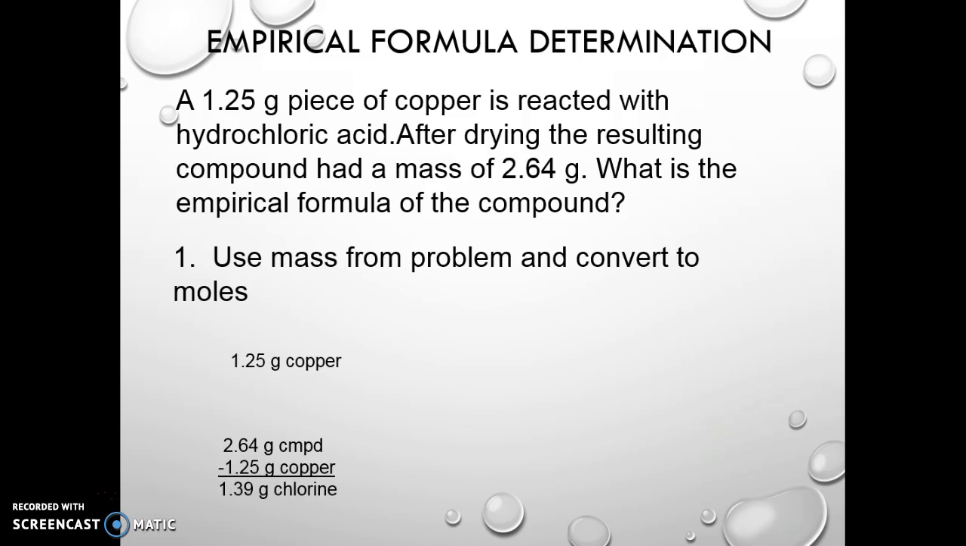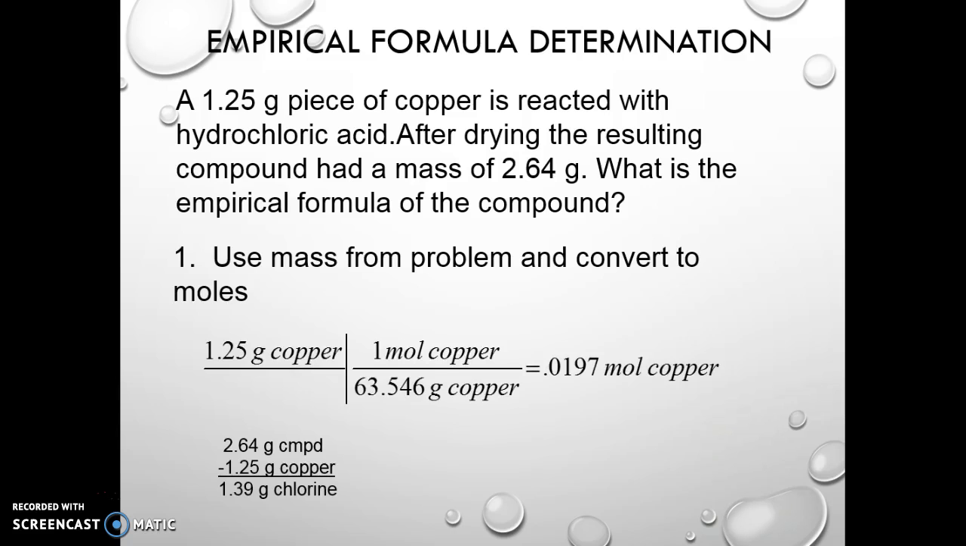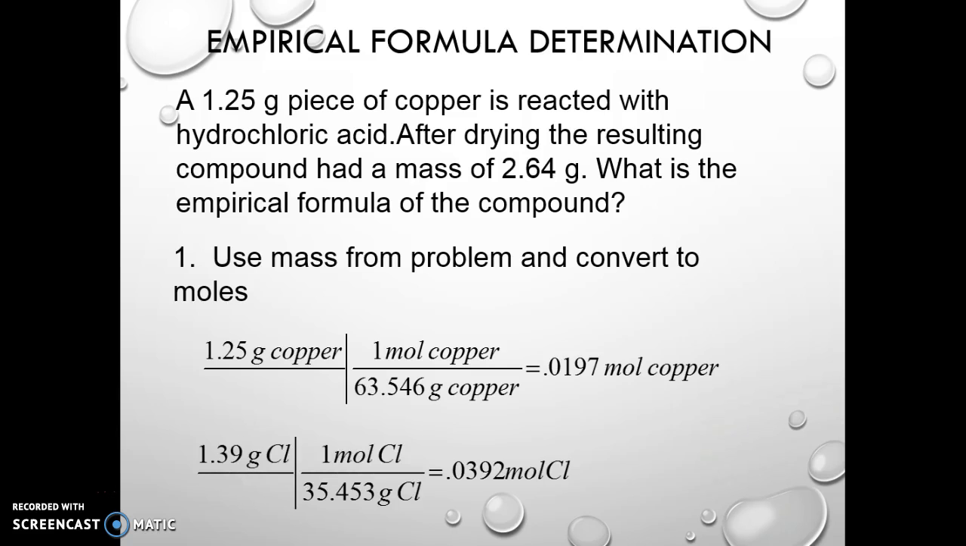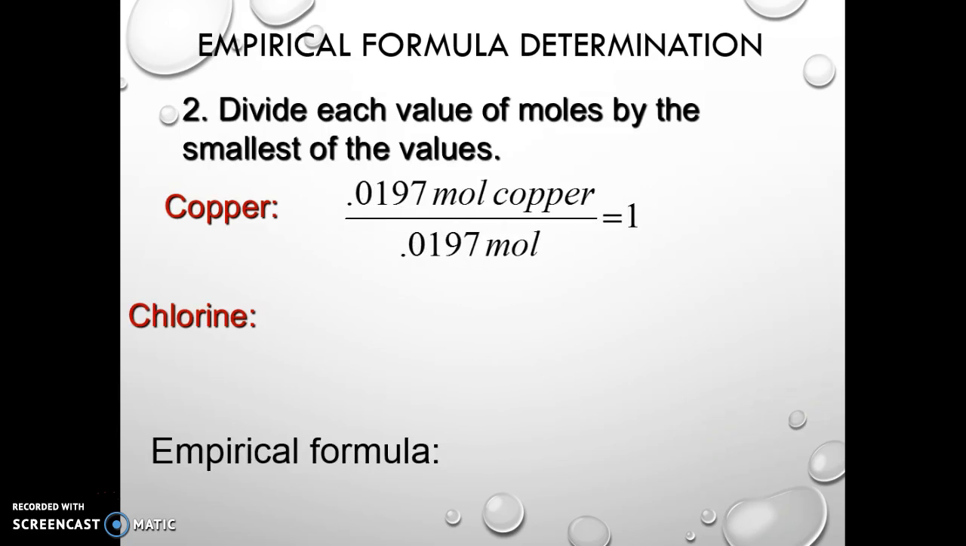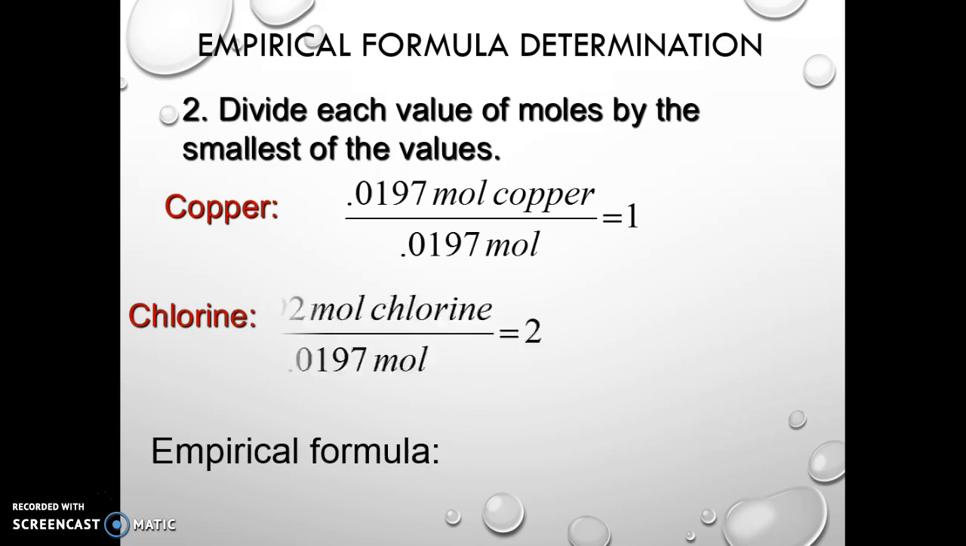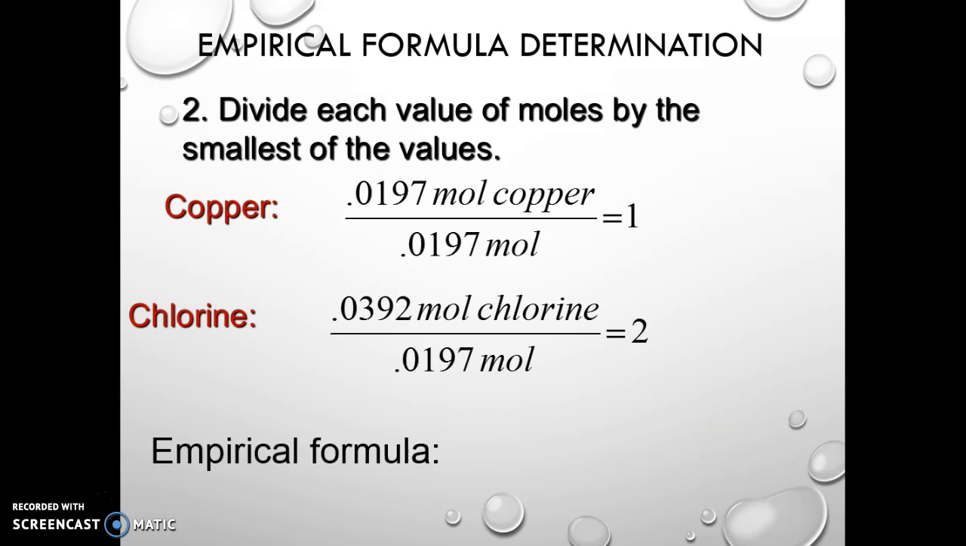So here we go. We have 1.39 grams of chlorine. So 1.25 grams of copper give you that many moles of copper. 1.39 grams of chlorine give you that many moles of chlorine. You can see which one's smallest. The copper is the smallest. I'm going fast, I'm sorry. Okay, so copper is divided by 1.0197. That gives us 1. Chlorine is divided by that too, and it gives us 2, so the empirical formula becomes CuCl2. I'm going to actually put